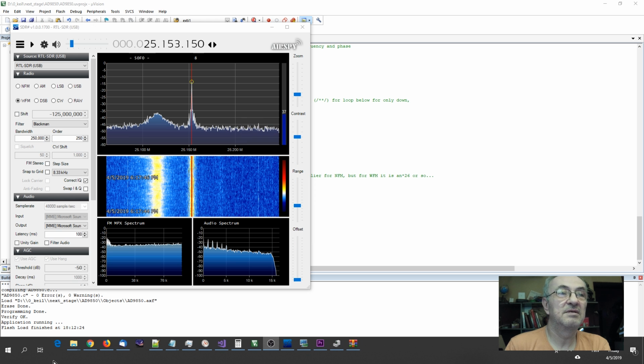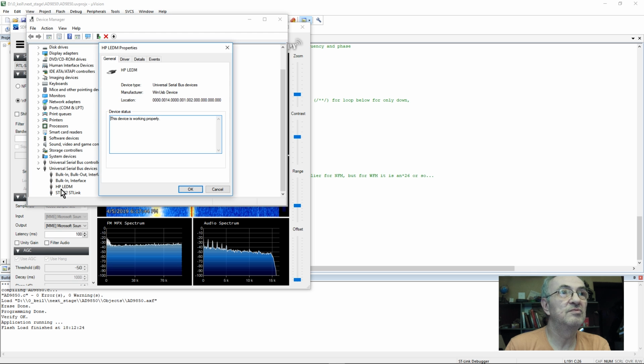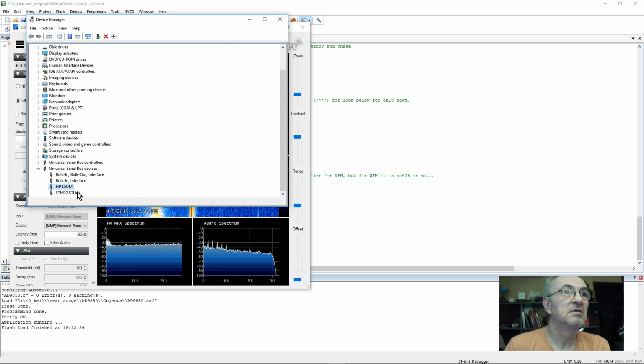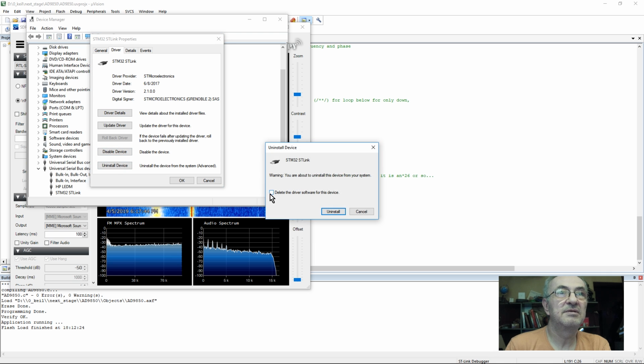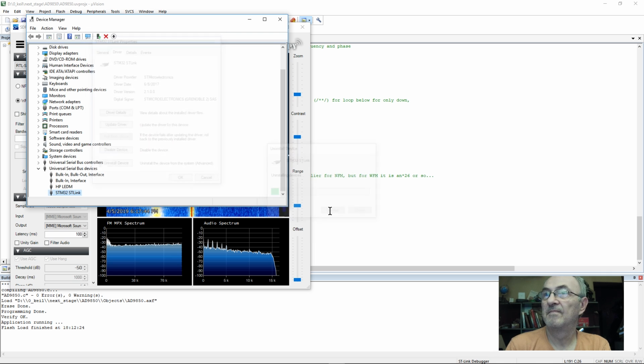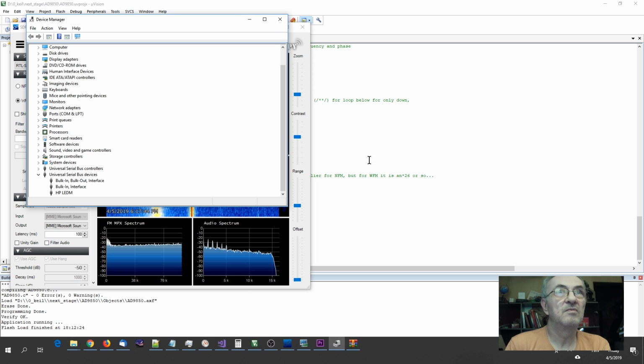Let me go back to the beginning, the device. Let's remove this driver. Not this one. Driver. Uninstall device. Remove driver. To show you that you will probably have this situation when no ST-Link is detected. Now let's